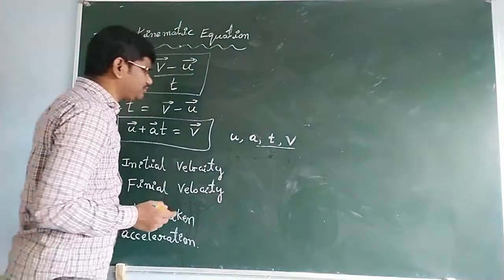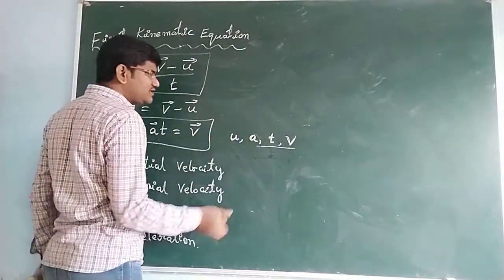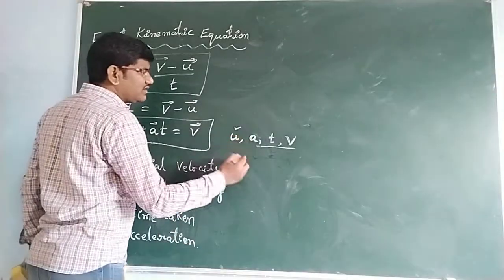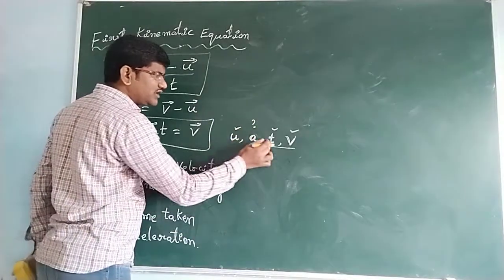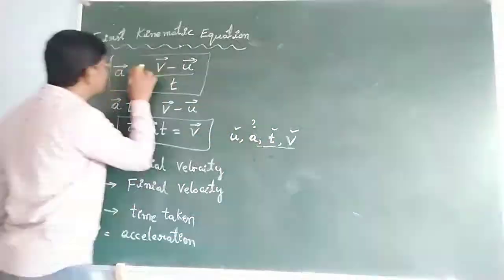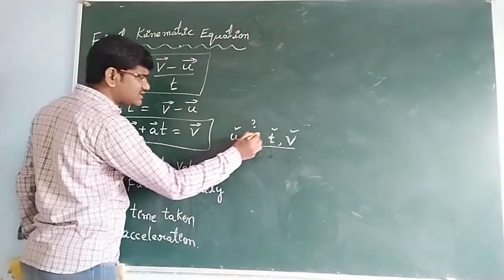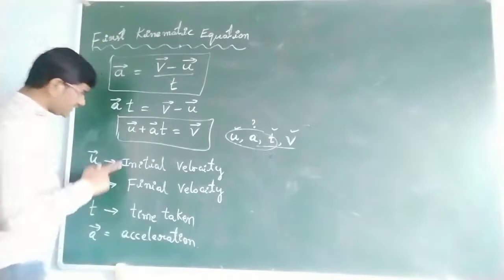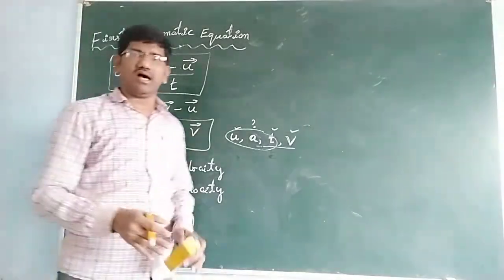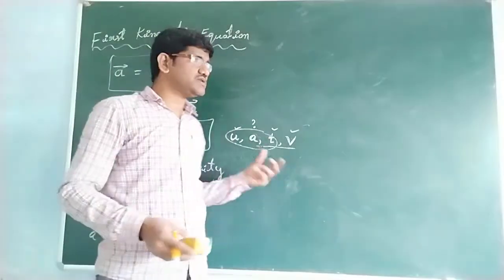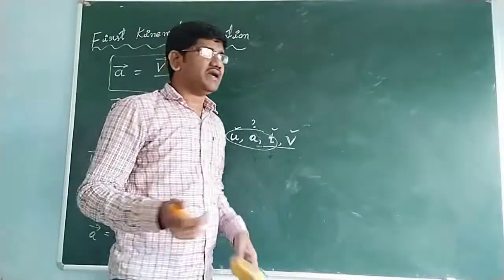Okay students, sometimes they will give you U, T, V, and they can ask you A. Use this formula, (V minus U) by T. Otherwise, they can give you these three, U, A, T, and then they will ask you V. V is equal to U plus A T. It means the same formula: you write all the given values, and whichever one is the question mark, you find it. So you will get the respective answer. And next one,